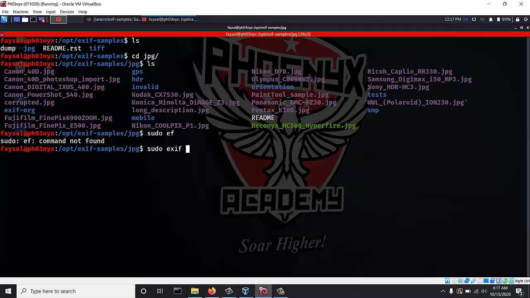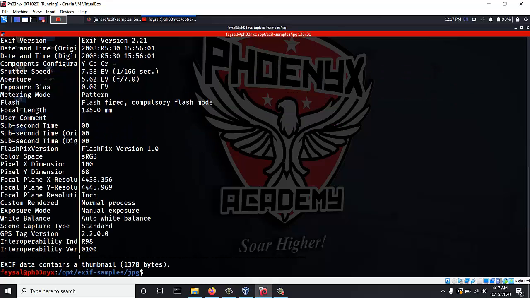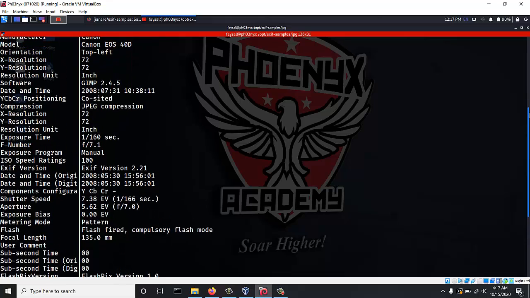So let me make use of the Canon image. Okay, so Canon 40D dot JPG, 40D.JPG. All right, so I'm going to hit enter. So as you can see, instantly it has already extracted all the metadata information that it was able to get